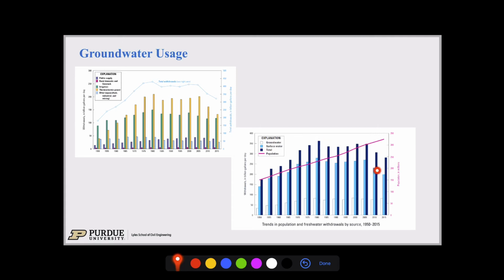And the surface water is decreasing because the thermoelectric is decreasing, but the groundwater here is about stable since the 80s. And if you look at orders of magnitude, you can see that the groundwater represents about 25 to 30% of the total water, so it's almost a third now. If you look at here, that's about 75 versus 250. So a quarter to a third is groundwater and the rest is surface water.